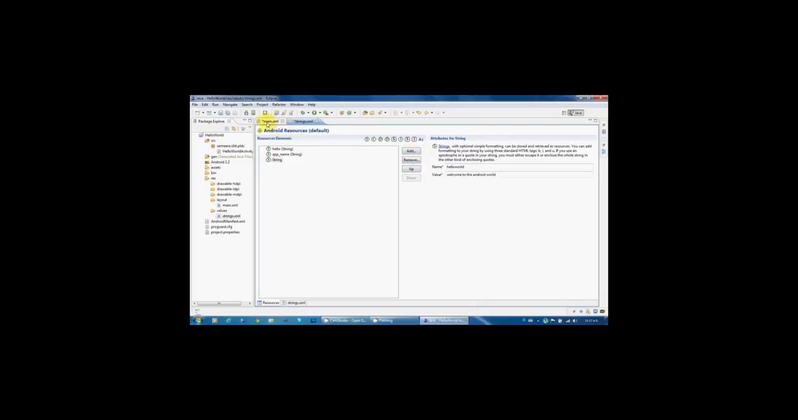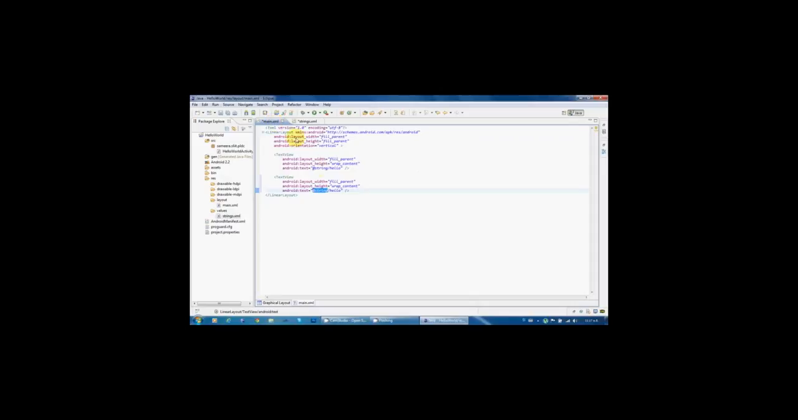I go again to the main.xml file, and I delete this hello, and I give the name. I give it @string/hello world slash